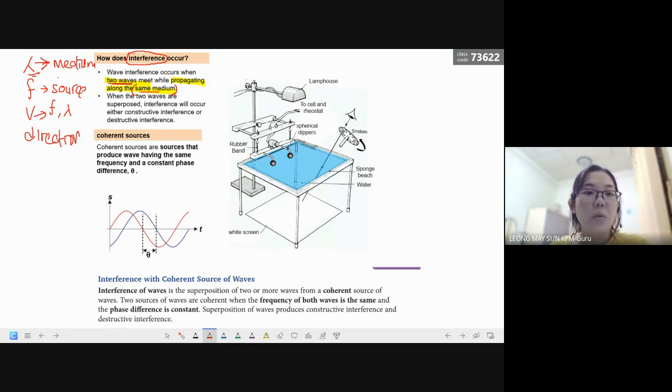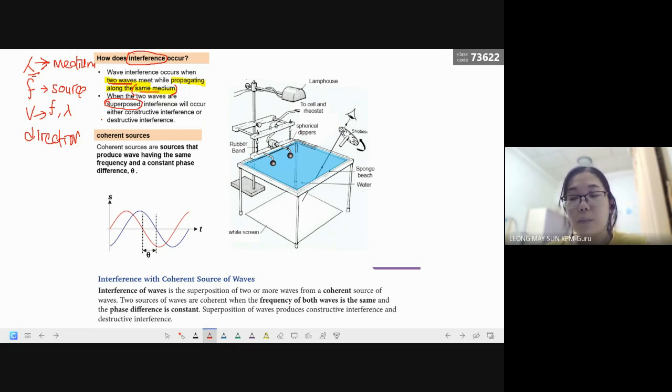Okay, so when the two waves superimpose, it means to overlap. If you recall back when we were having class in the physics lab, our school is very, very near to the Subang airport. So every single time a plane passed by, that means flew over the school area, you will notice that I always keep quiet. Or when the bell rings, I will always keep quiet.